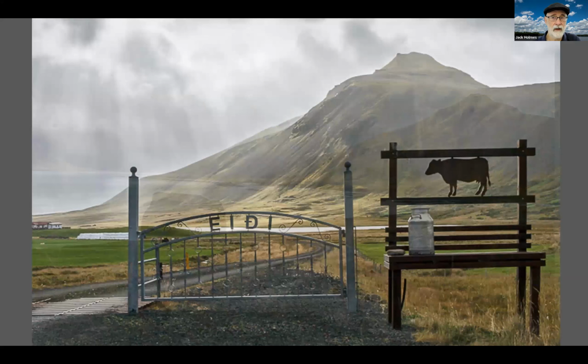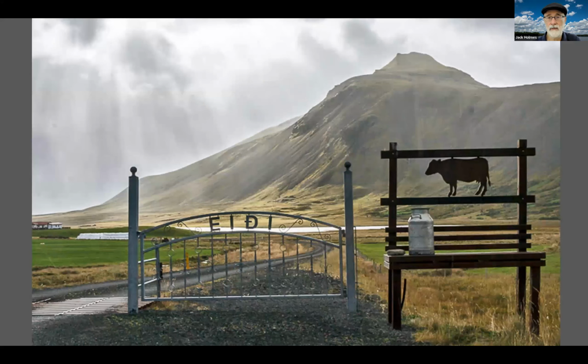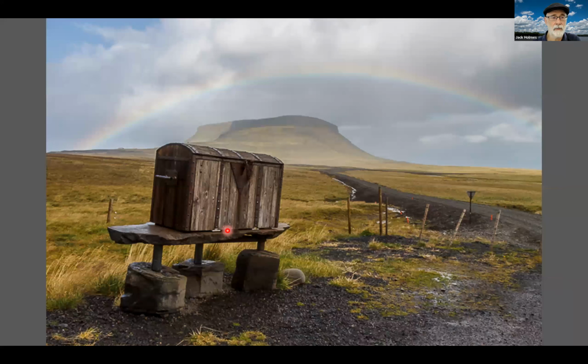There are some dairy farms out on Snaffleness. And note the milk can here that's ready to be picked up by the co-op. Milk cans would go into this particular chest. Ooh, and notice we have a